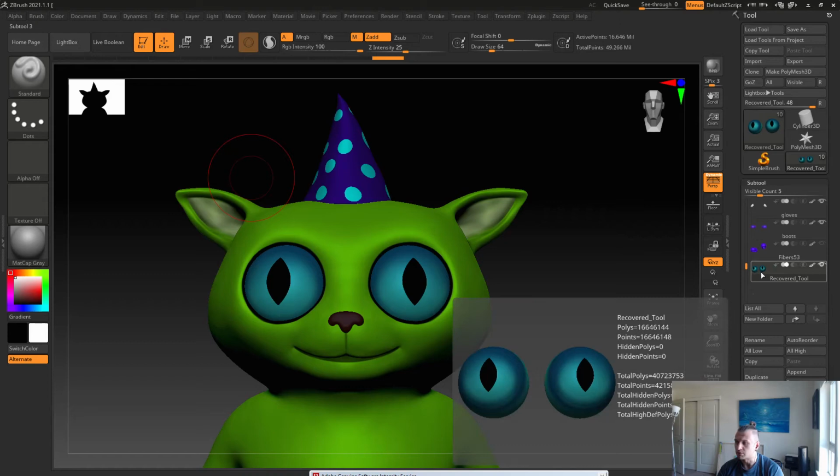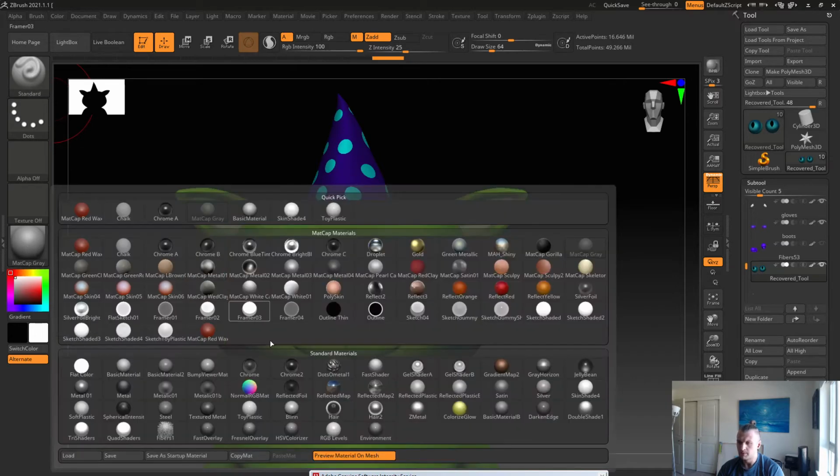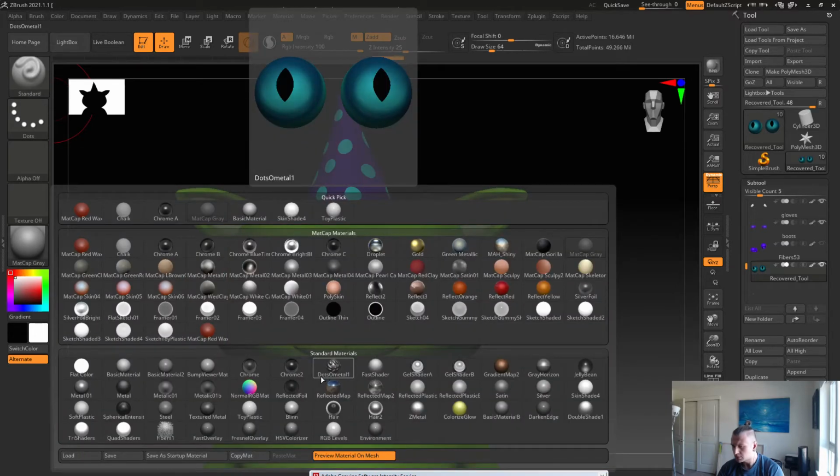Choose, for example, I want to create much more realistic eyes for him, so I choose his eyes in the subtool and go to material,